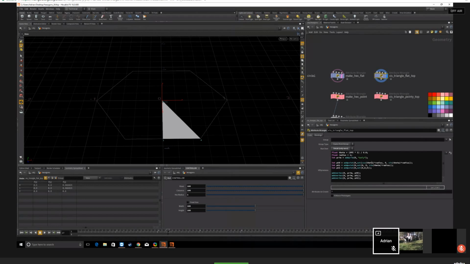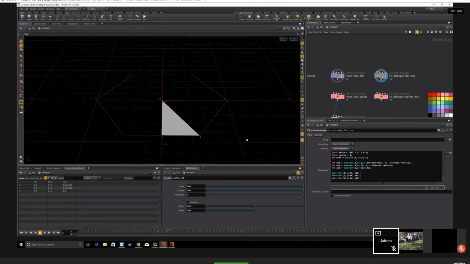Our polar coordinates coming in, cosine of theta times the radius, sine of theta times the radius. And so if we look at the point numbers,